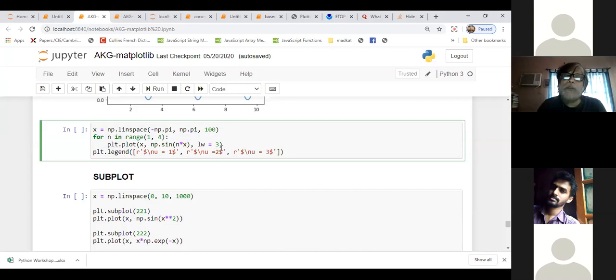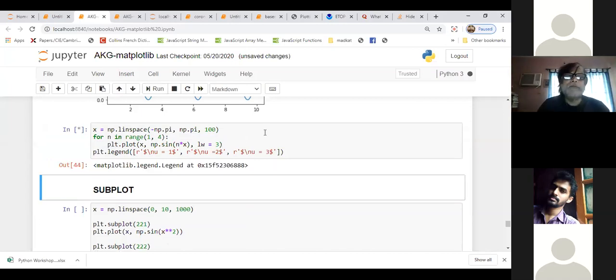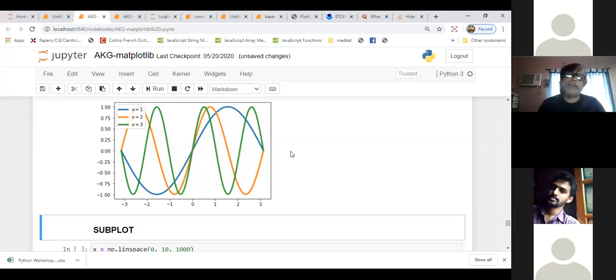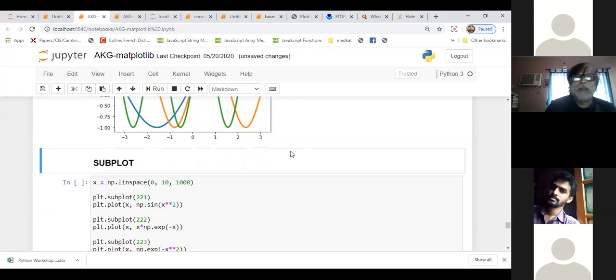And lw is line width equal to 3. Now you run this. You get 3 plots together. This is the legend, where you write nu equal to 1, nu equal to 2, nu equal to 3, with the colors. So you have all the things at your hand, how you manipulate and how you can decorate your graph, right?